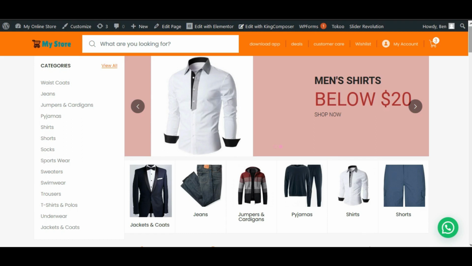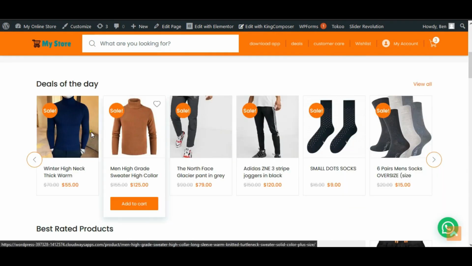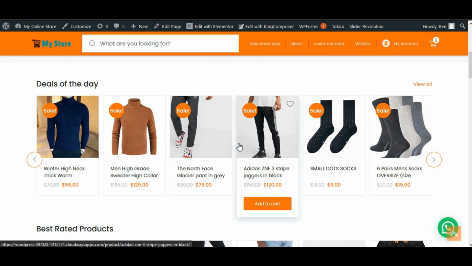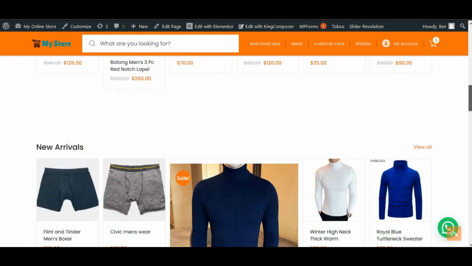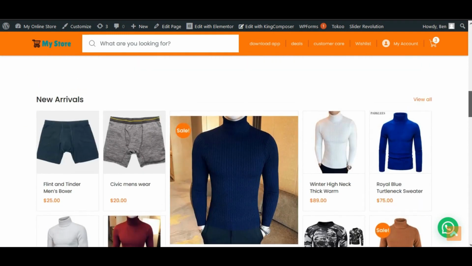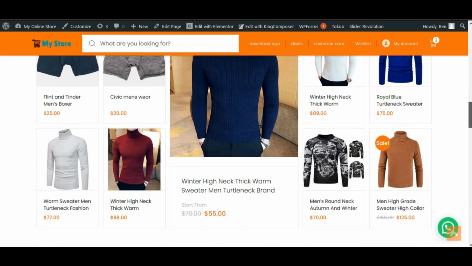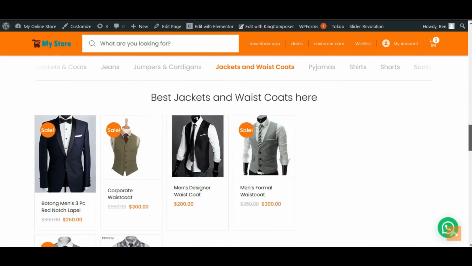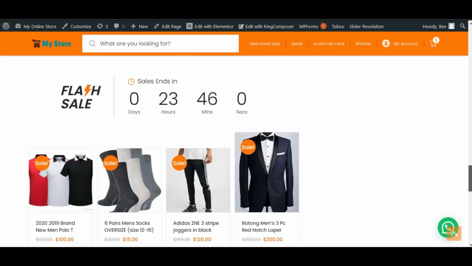And with this knowledge, you'll be able to create any type of e-commerce website at all. This has deals of the day where product prices have been reduced to certain amounts. Top rated products and new arrivals or new products are also featured here. Certain categories. Then there is flash sales, which is also included to make visitors take action within the shortest possible